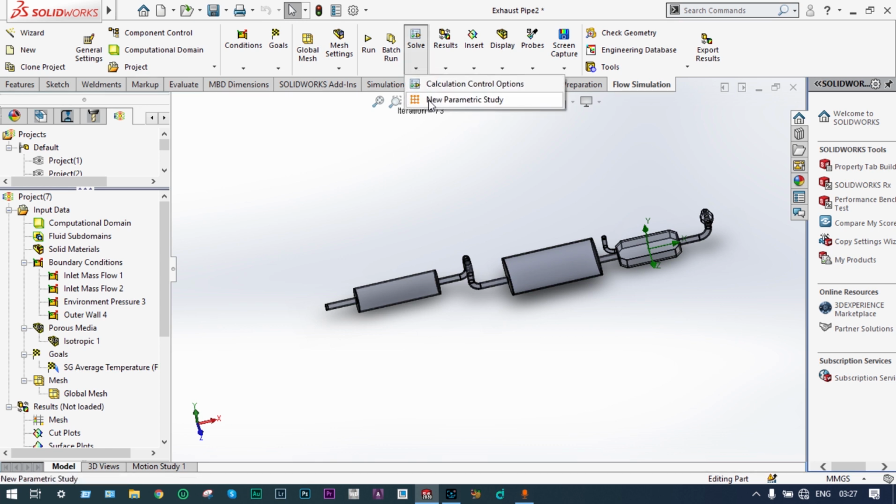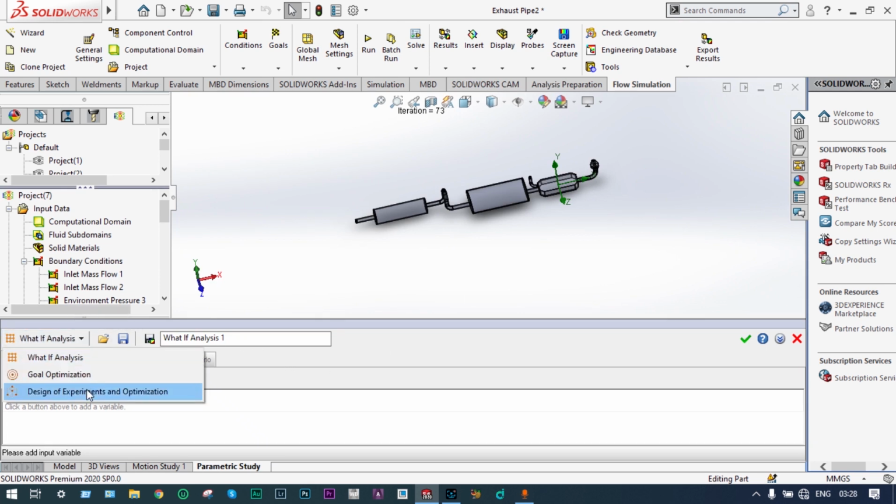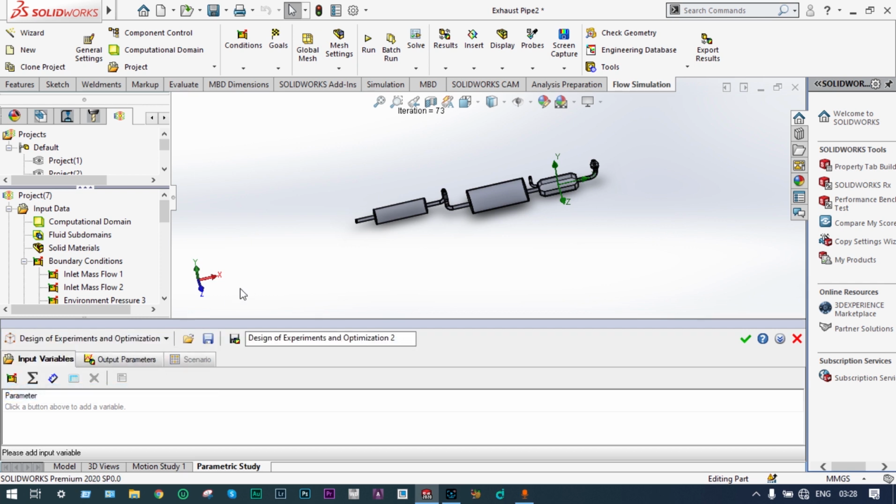Solve, new parametric study, and we're going for design of experiments and optimization. That means with specific values of the input variable, that is the mass flow rate of air, we'll try to have different temperatures at the exit location. Okay, so the input variable is to be defined from here,